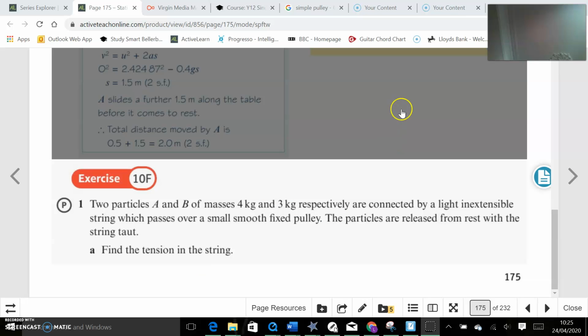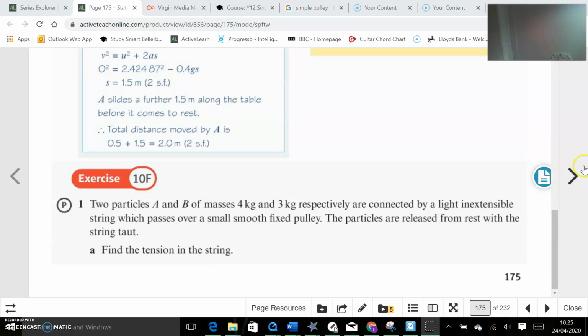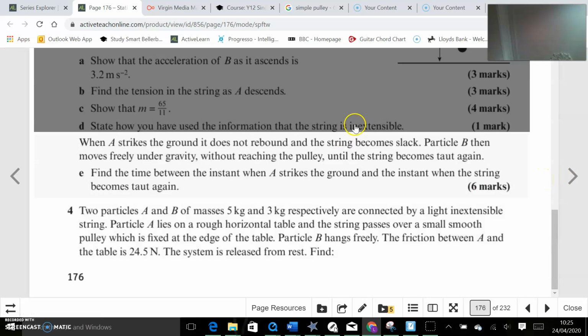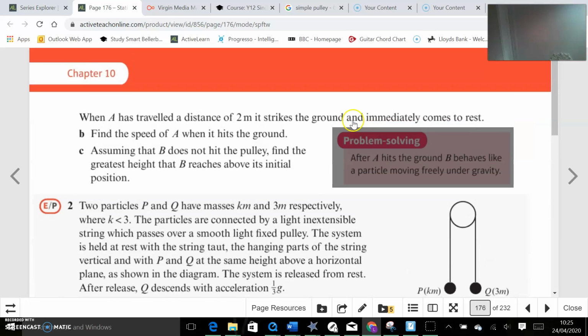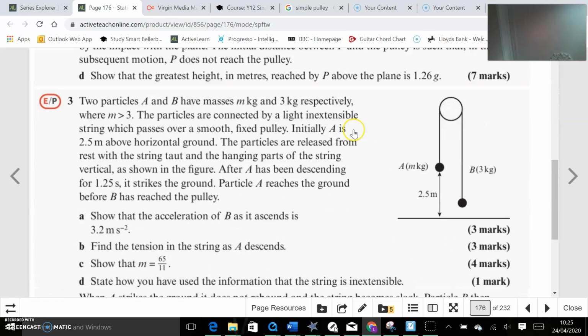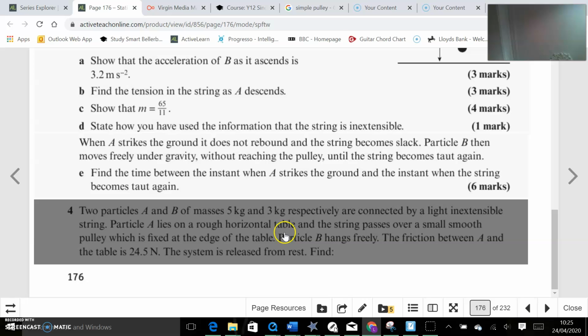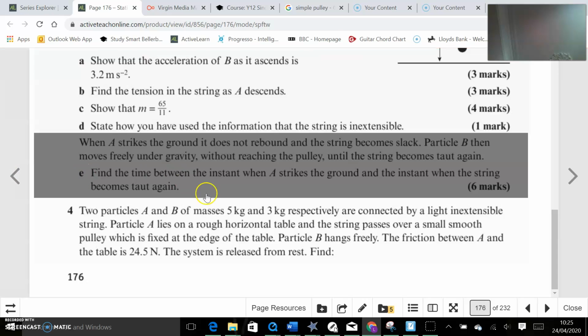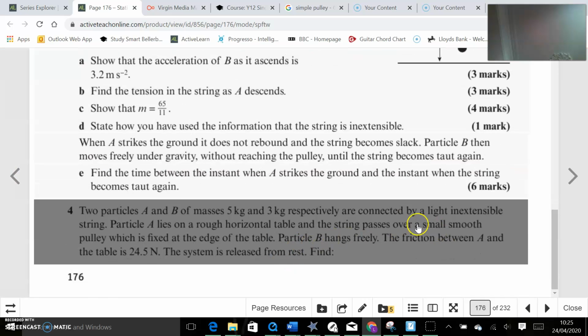Yes, in fact, you can do question 1, 2, 3, and 4. No, 1, 2, and 3. Beg pardon. 1, 2, and 3. 4 is a different configuration,